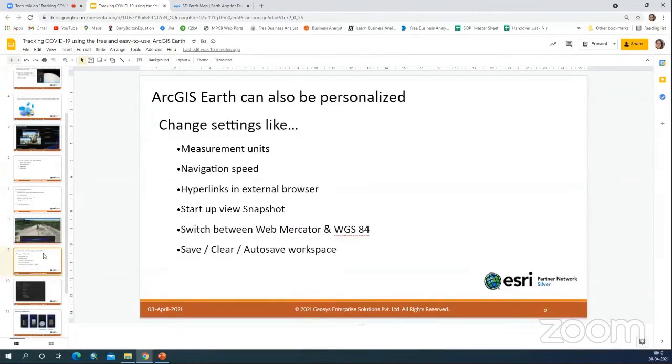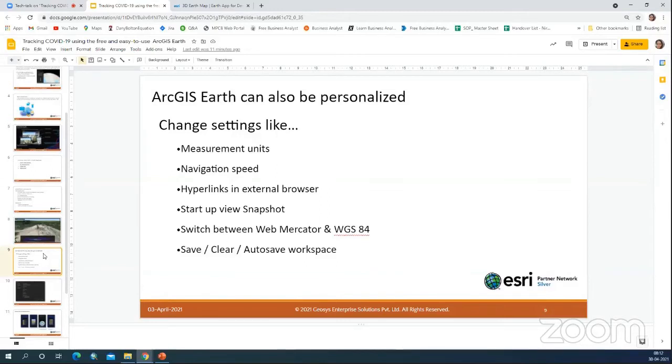It is not just software that you can use as it is, but it can also be personalized. Personalized means you can make various kinds of changes in the settings, like you can change the units of measurement, the speed of navigation, and you can have a different customized startup view.